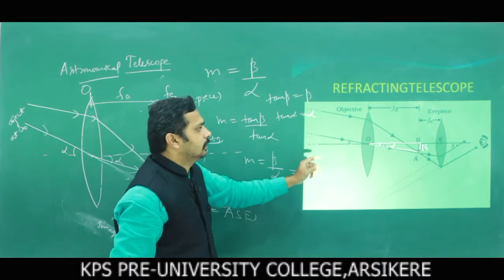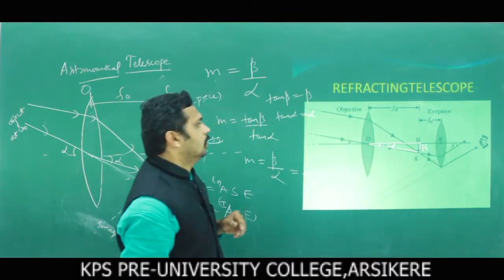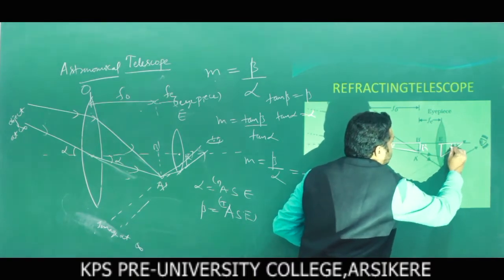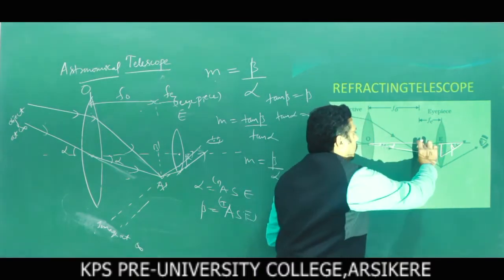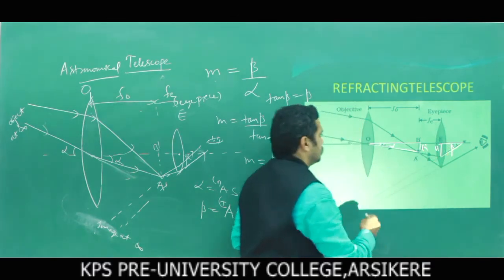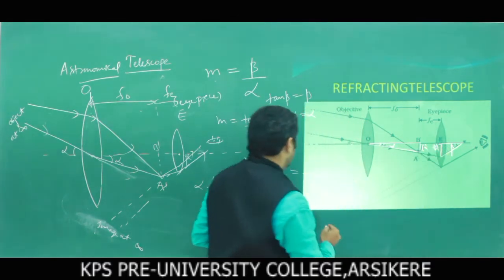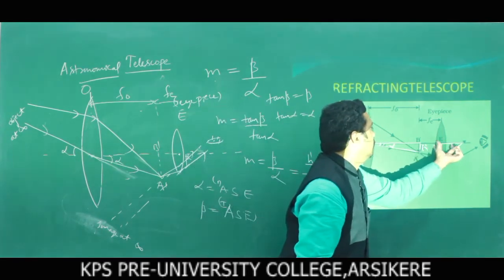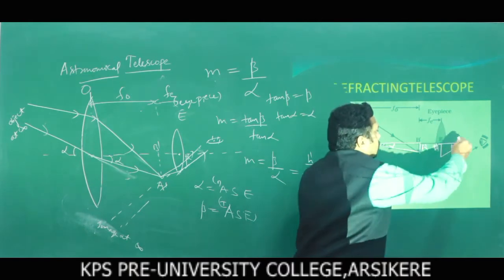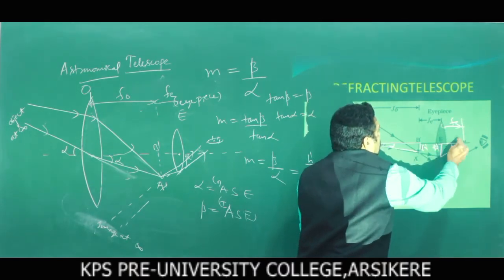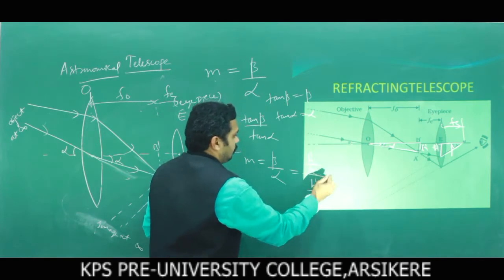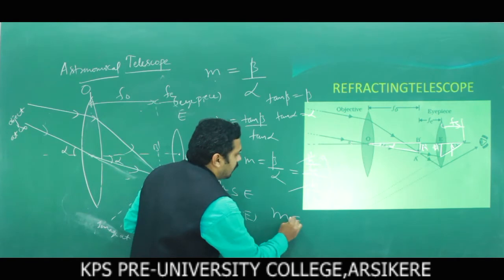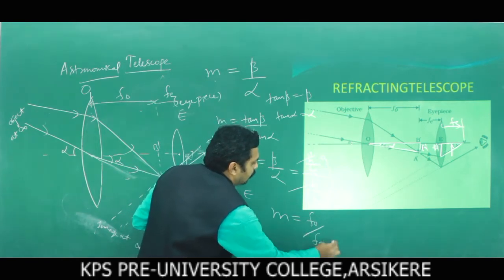What is tan beta? Look at here, tan beta. Now what is tan beta? Look at here, this is looking like a triangle. This angle is beta. Approximately use this is S dash. Now what is tan beta? Opposite by adjacent. Fe, S dash, that cancel. F naught goes to numerator. What is the angular magnification? F naught by Fe.